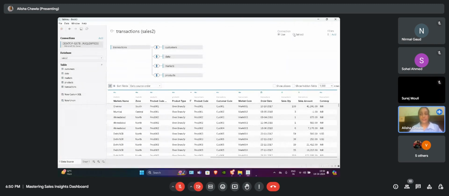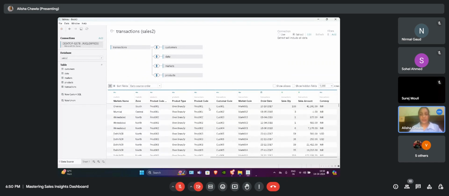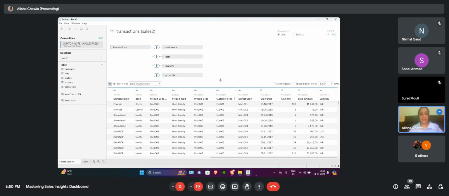But when we use extract, it will create a subset of our data. It will store only this much data and work on this data only. Any upcoming data will not be updated in our Tableau dashboard. So this is the difference between live and extract.